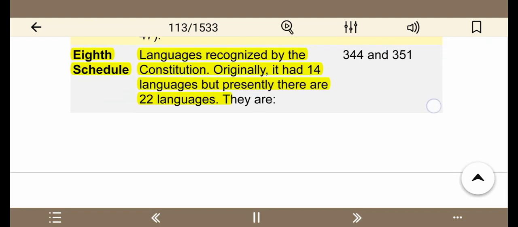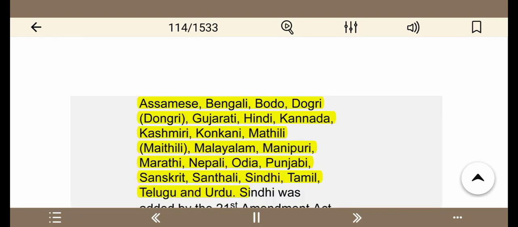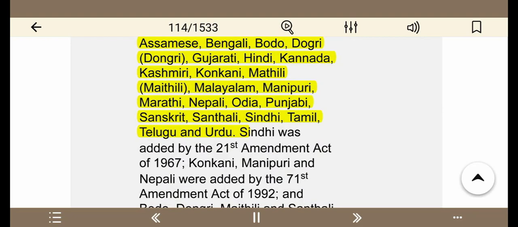246 Eighth Schedule: Languages recognized by the Constitution. Originally, it had 14 languages, but presently there are 22 languages. They are 344 and 351. Assamese, Bengali, Bodo, Dogri, Gujarati, Hindi, Kannada, Kashmiri, Konkani, Maithili, Malayalam, Manipuri, Marathi, Nepali, Odia, Punjabi, Sanskrit, Santali, Sindhi,